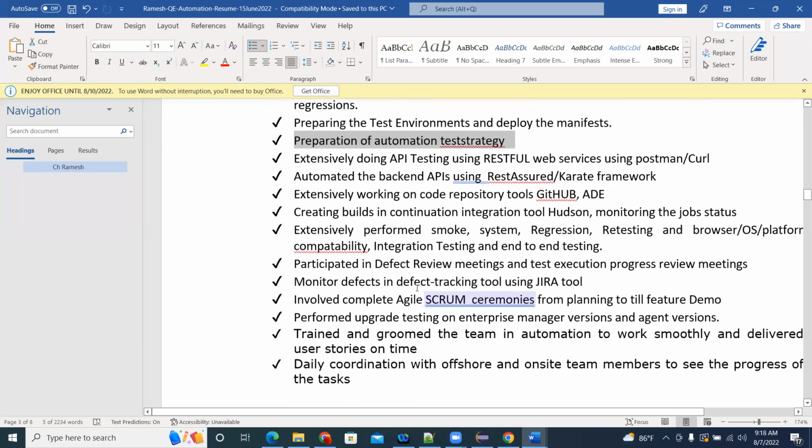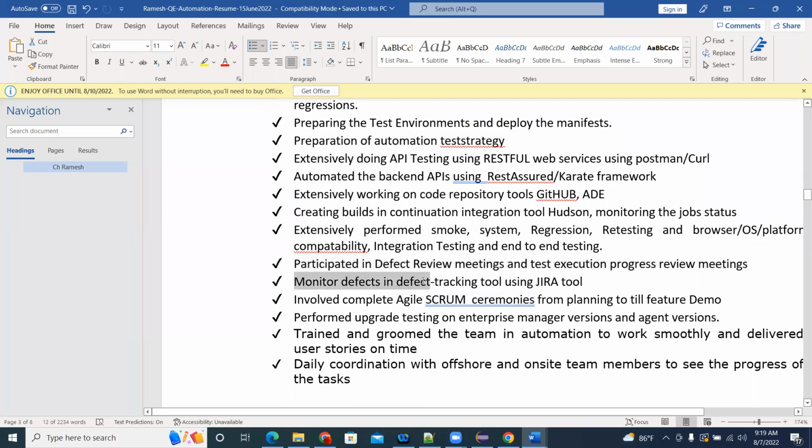Next point you can see: extensively performed smoke, system, regression, retesting, browser and OS compatibility, integration, and end-to-end testing. That's a common point, right? In the automation and manual also you have this point. Monitor defects, participate in defect review meetings and test execution progress review meetings.